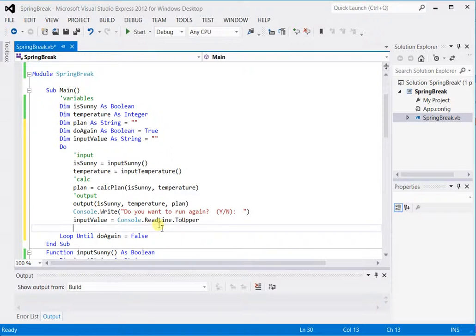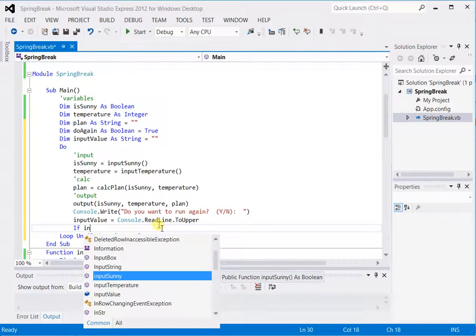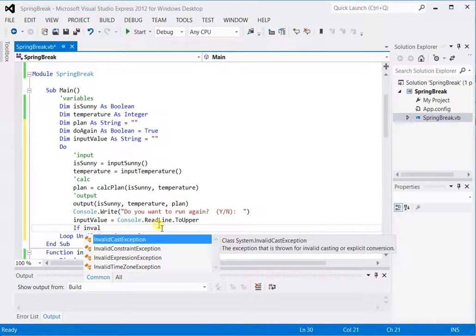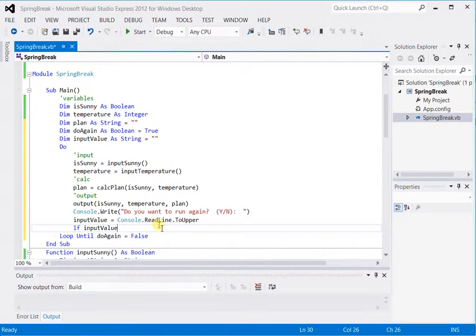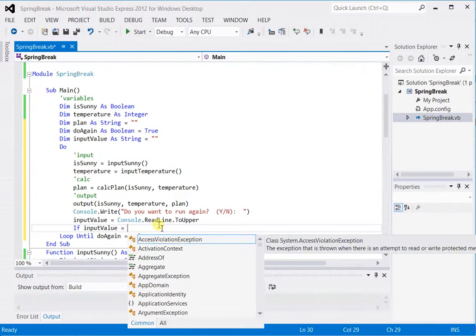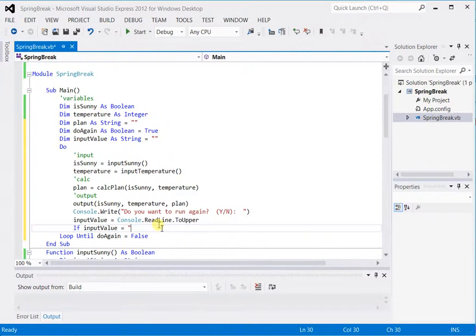Okay, here we go. And let's see, if input value is equal to a capital N,